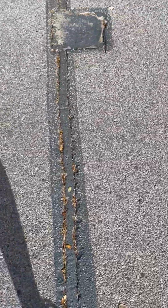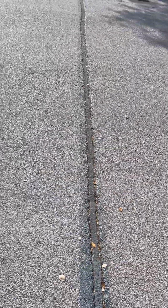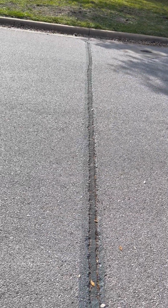And in this case here, we have the concrete sunk down. They didn't fill it to the top, or when they did, once the water evaporated and the concrete dried, there's a good 1/4 to 1/2 inch gap around this entire piece. So you can see that this is the ugly part of trenching, and this is